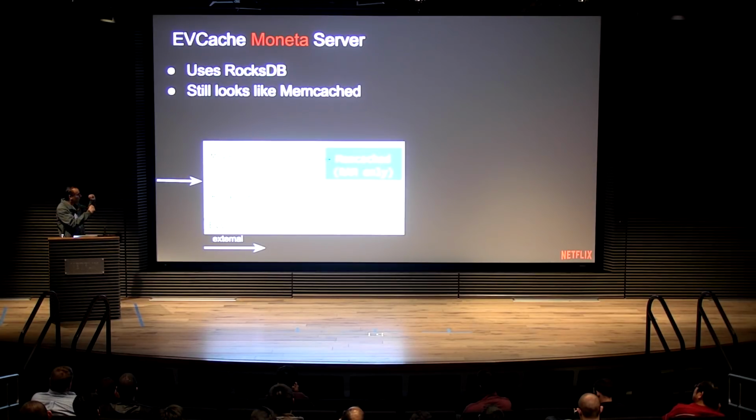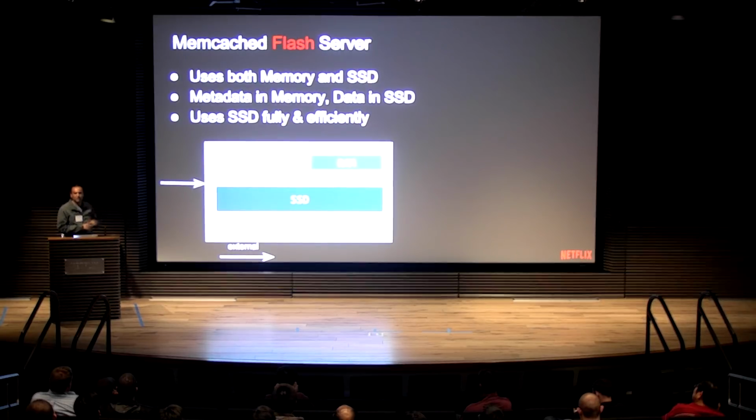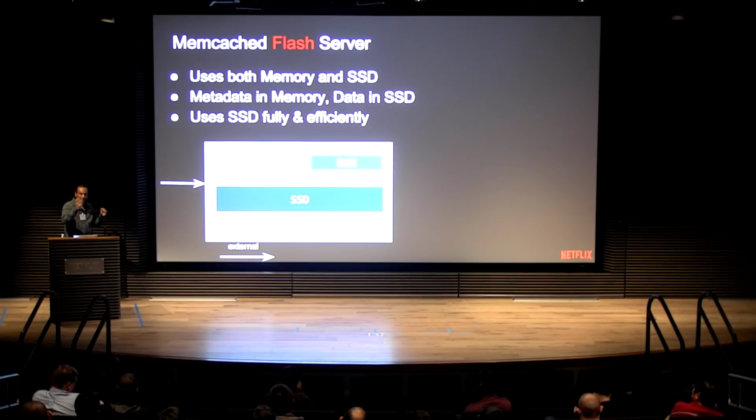So when we were trying to work on those issues, Memcached released a feature called Memcached Flash, where the data is transparently stored in RAM and on disk. In this case, the metadata about the data is stored in RAM, and the actual data is stored on disk. So whenever you need the data, we quickly check if the key exists in the RAM. And part of the metadata also contains the location of the data on the disk. So we go to SSD and fetch the data and return it.